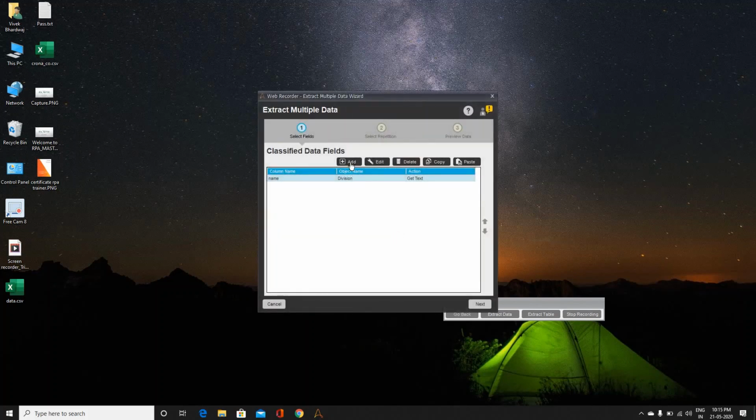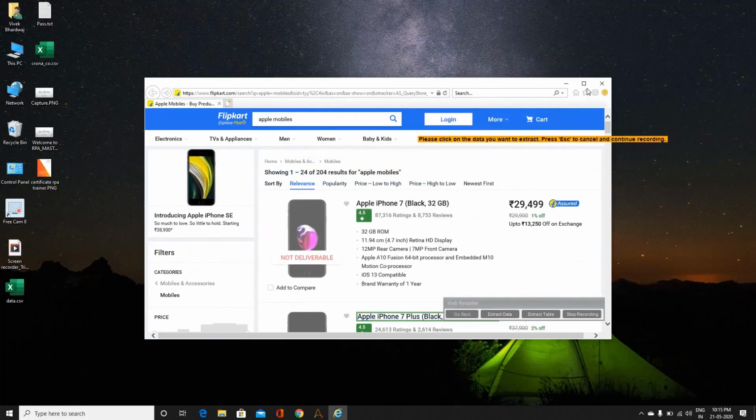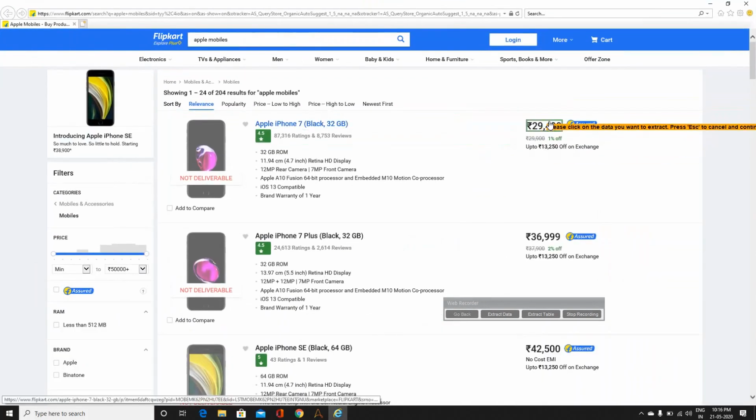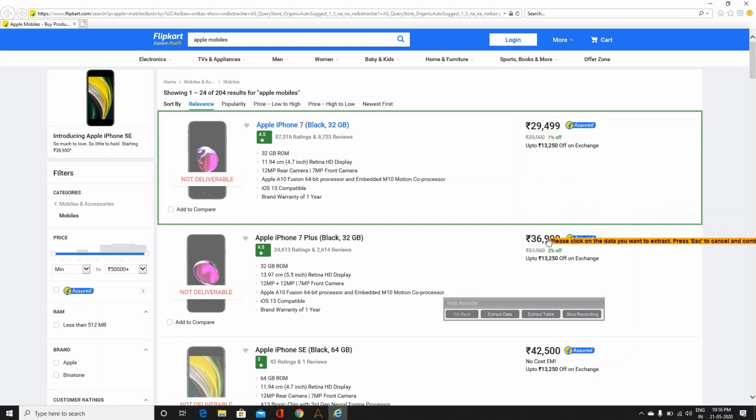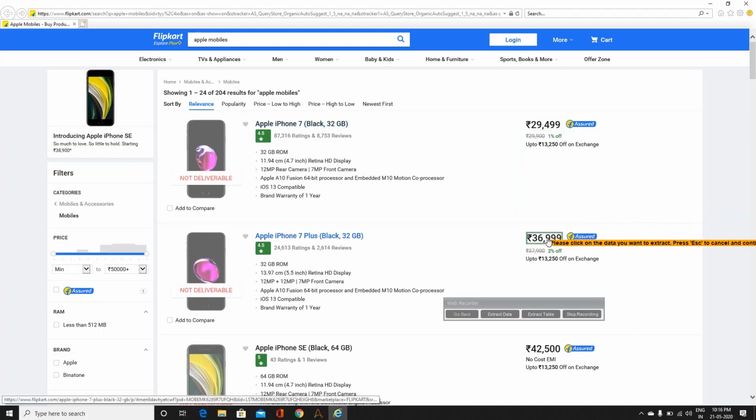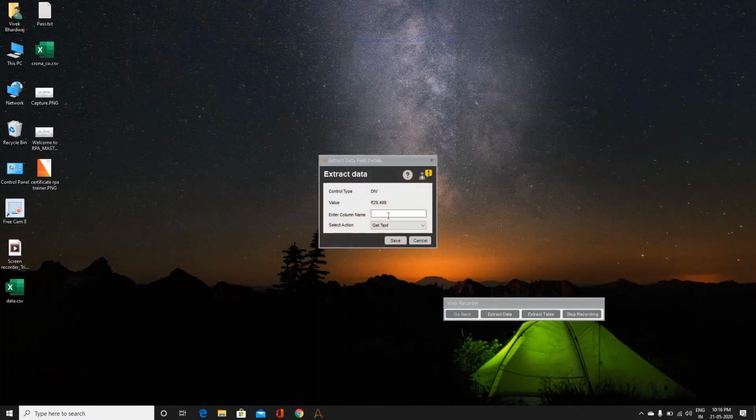Now if you want to extract multiple fields, then you have to click on the Add button. Click on this. Now for example, you want to extract the price, then you have to click on the first price. Now for matching the pattern, you have to again click on the capture and match this pattern. After that, it automatically fetches all the records present in this website. We have to allot this as price. You have to save this.